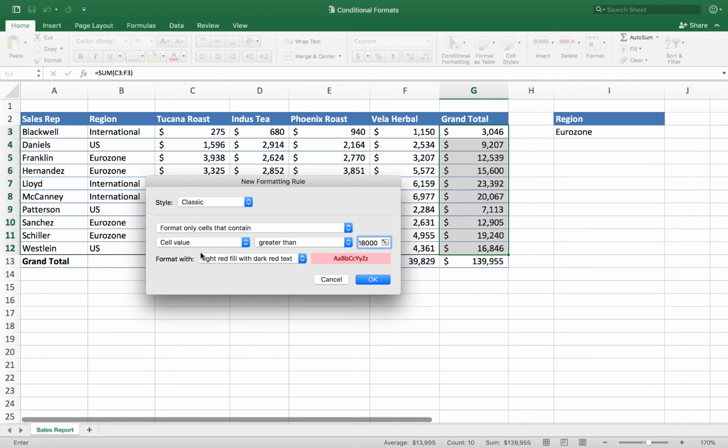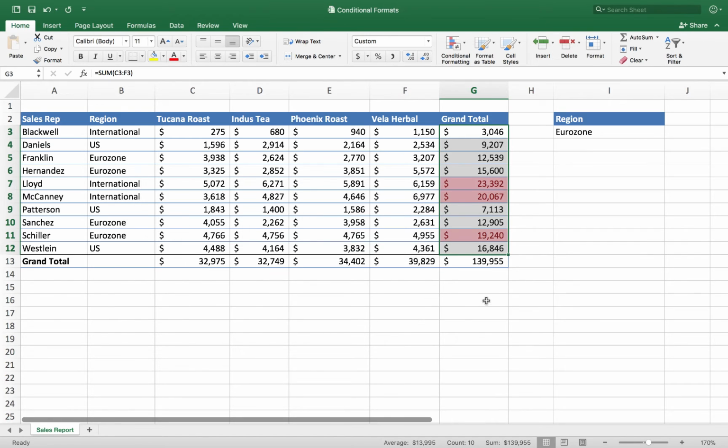Okay, the default formatting is going to be red here, but I can click on where it says format with. I can choose a bunch of different formats. I'm going to go ahead and leave it at the default light red, and then I'll click on the button marked OK. And cool, the items that are over that value just pop out at me. It's really easy to see them at a glance. Okay, so with really large data sets, I think that's particularly a handy way to view the data.